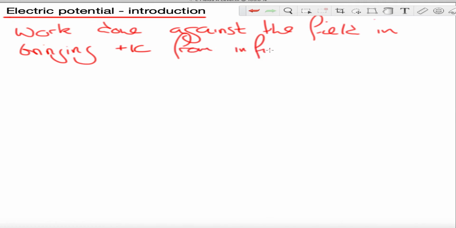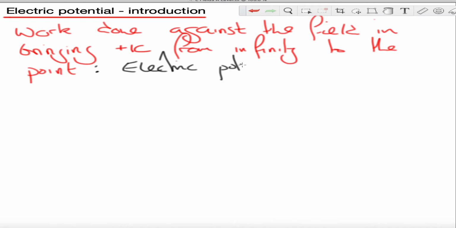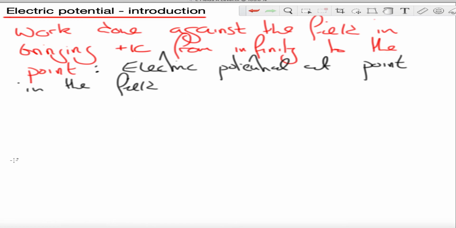from infinity to the point that is the electric potential at a point in the field. And the expression for that